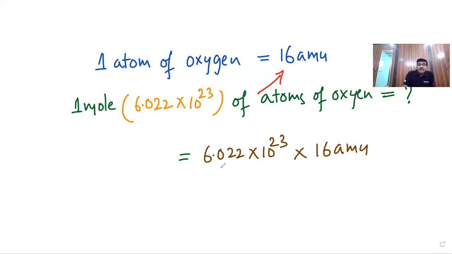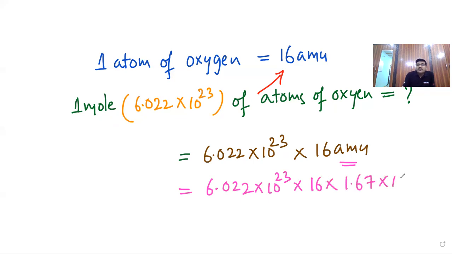Okay. Observe carefully. We already know that 1 AMU is equal to 1.67 into 10 to the power of minus 24 grams. Just now we have written here 6.022 into 10 to the power of 23, and this is 1 AMU. I am replacing that. Now, if we simplify this,